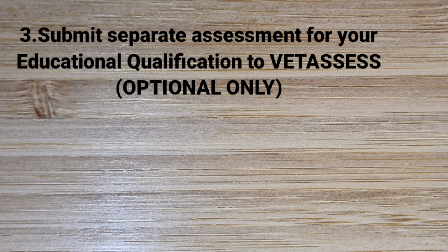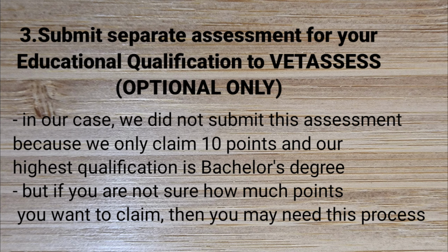Number 3, submit separate assessment for educational qualification to VETASSESS, but this process is optional only. In our case, we did not submit this assessment because you only claim 10 points and our highest qualification is bachelor's degree, but if you are not sure how much points you want to claim, then you may need this